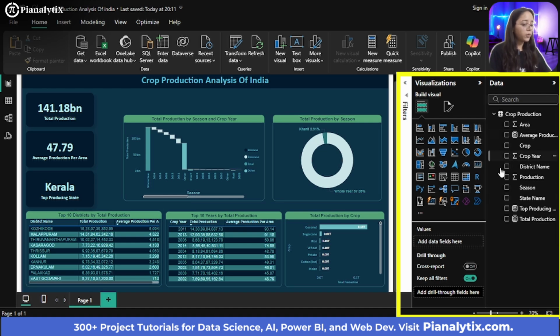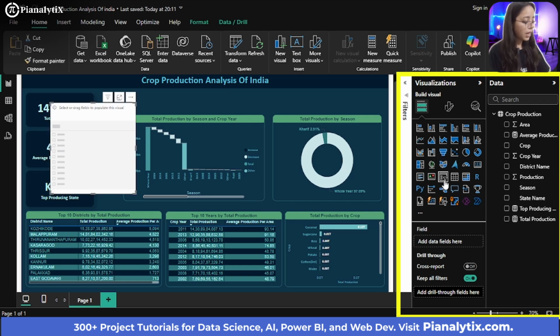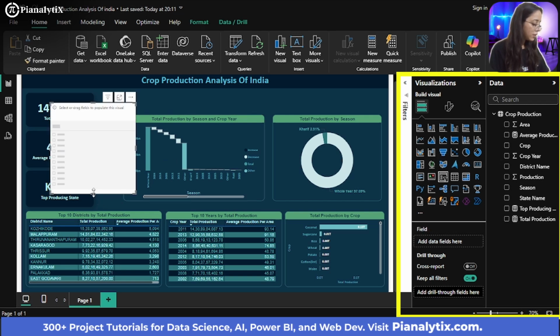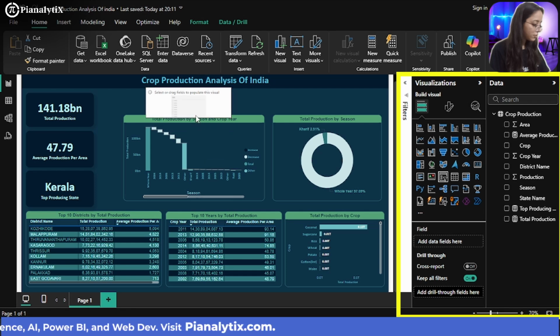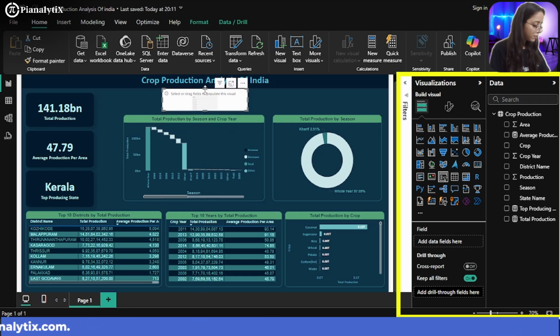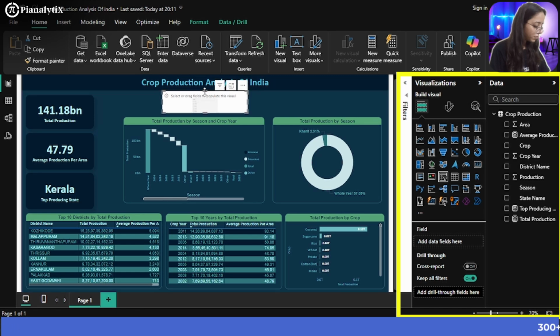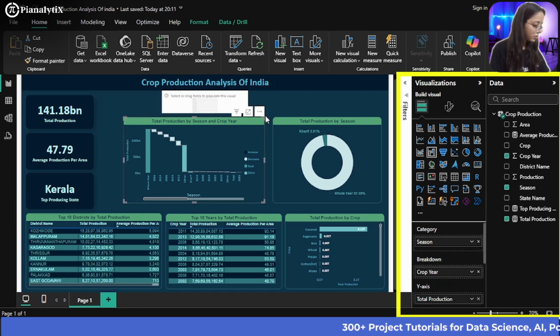Now we're going to choose a slicer from here, and let me make sure the size also fits all the way, and resize this visualization also.